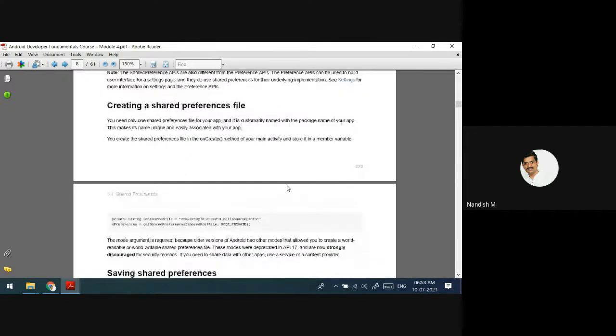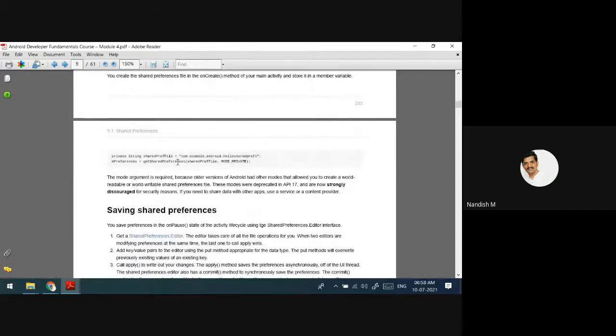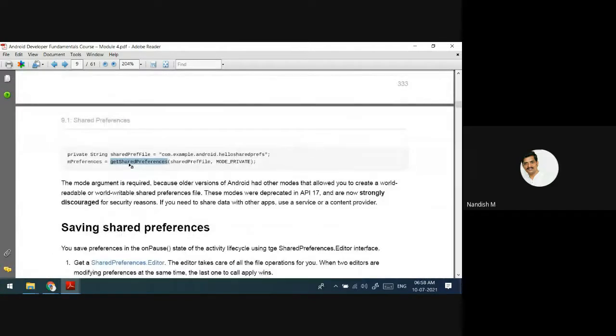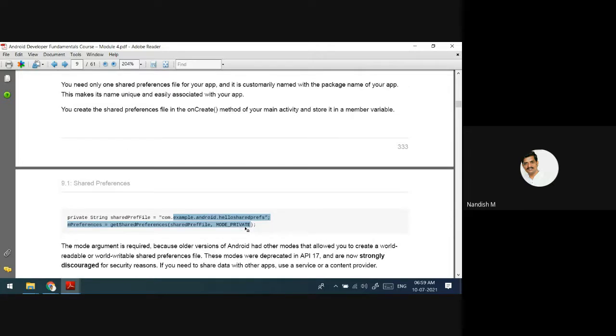If you want to see how we are going to store, see here. How to create: the getSharedPreferences class is there. This is where the preference is going to be created, and this is an object now. This object is a container. Inside this, we are going to store everything. We have got the object from this class. This is an address where the shared preference will be.